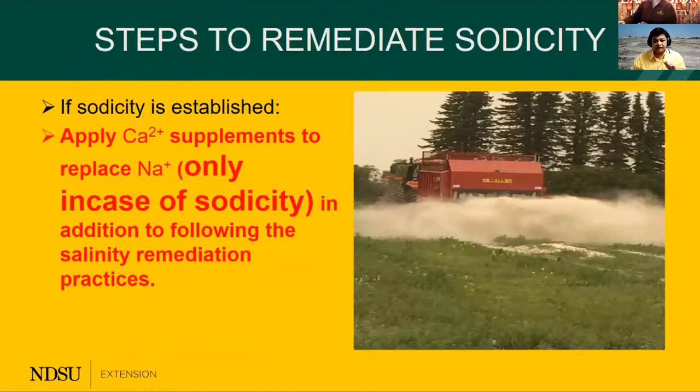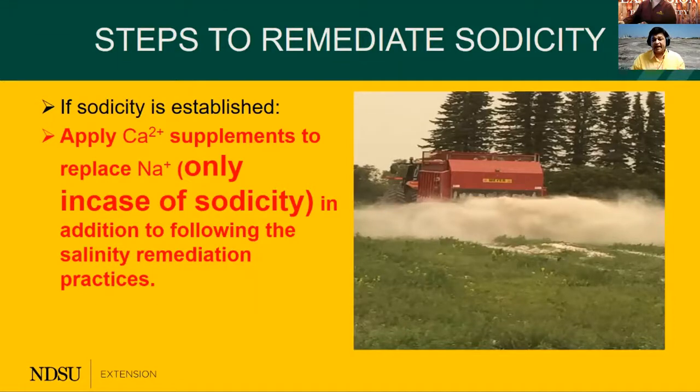Now, if we have sodicity, so we talked about salinity, which doesn't require application of any amendments. Because these are water-soluble salts, we need to improve the drainage, lower the groundwater depths, and pray for more rain. We don't want too much rain, but we don't want too little either. So if we have sodicity, which will happen if we have higher sodium levels compared to calcium, that means